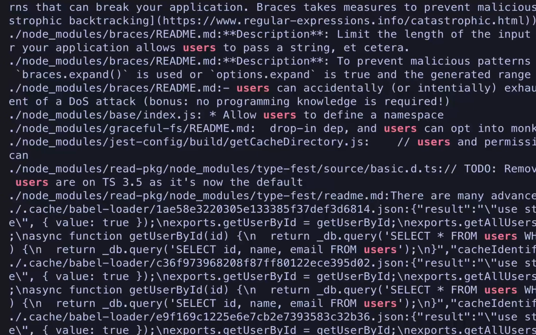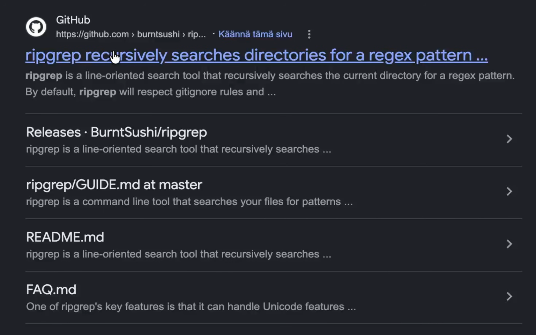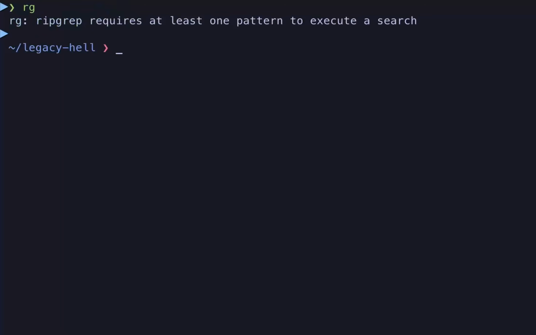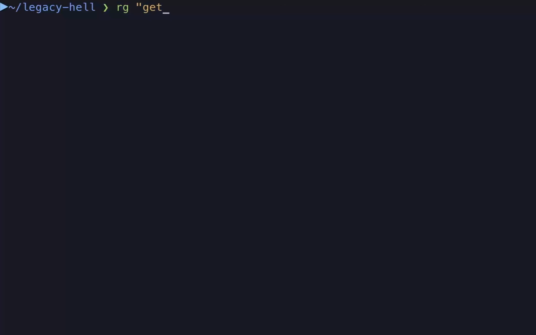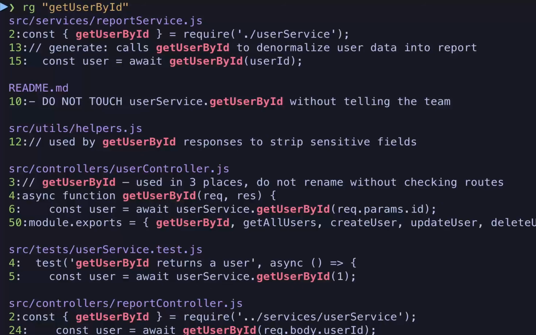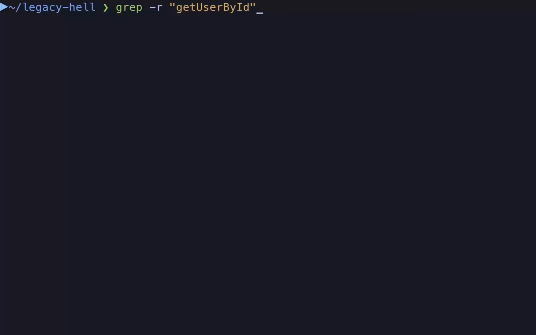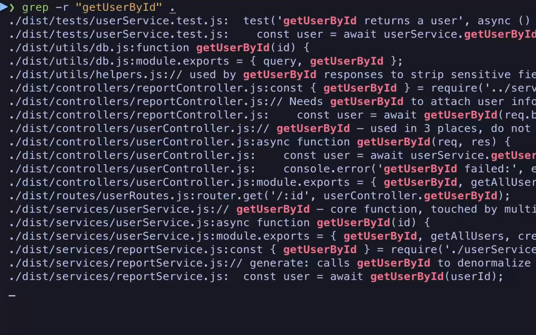But I got some good news for you. There's a tool that solves this problem, and it's called ripgrep. It's an amazing tool built on Rust, and here's how it performs against grep. If we don't use exclusions, this is what happens. Right away, you can see that ripgrep finishes almost instantly, while grep happily prints a bunch of things I don't